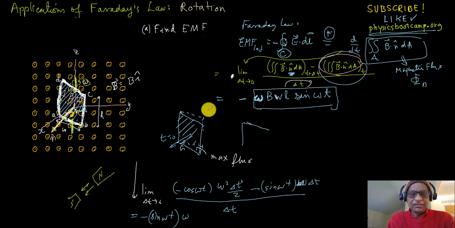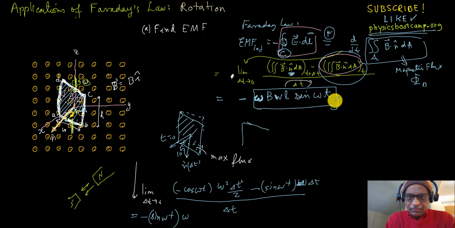So it's over there. B is the same way, but n hat is now this way, a little bit off. So this is n hat at delta t, and this is at 0. So what's happening at this point is the flux actually decreased. If you look at this integral with this,